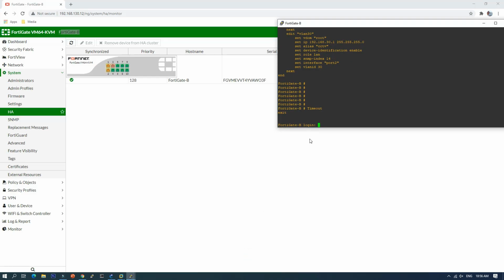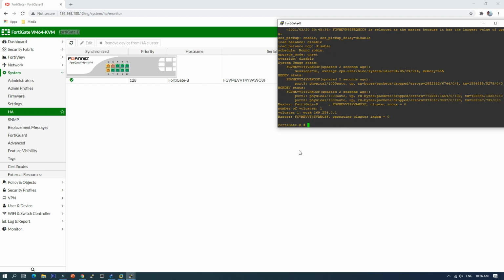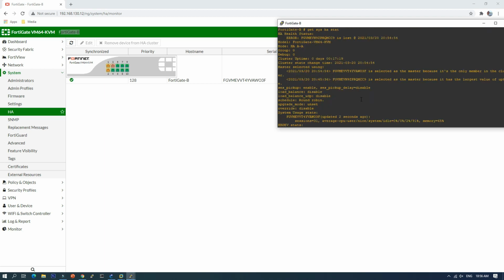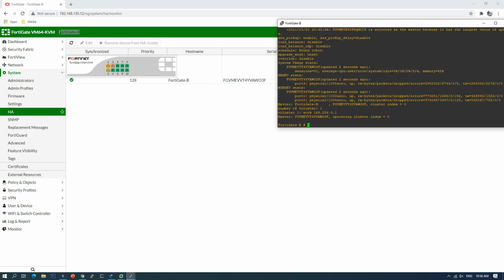And also we can check here. Get system HA data. As you see, the FortiGate B is the master because it has only one member. Okay, master.